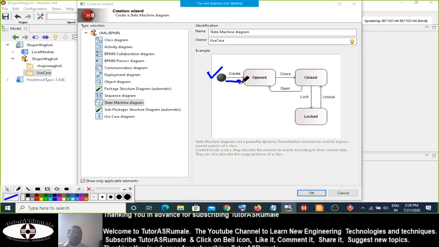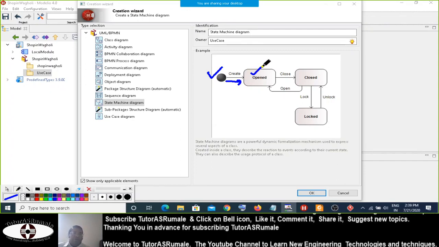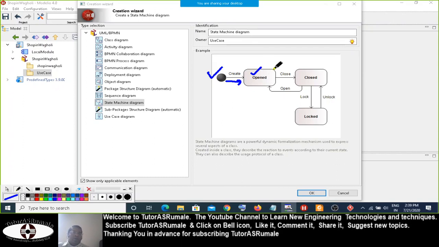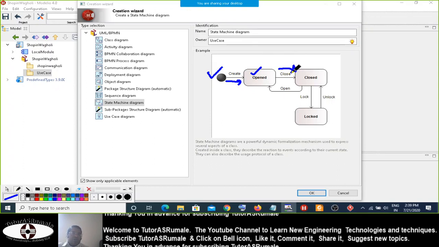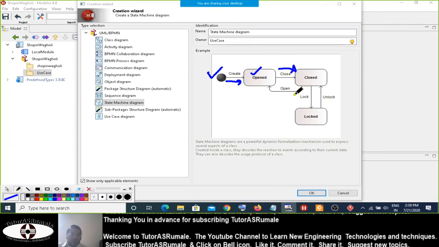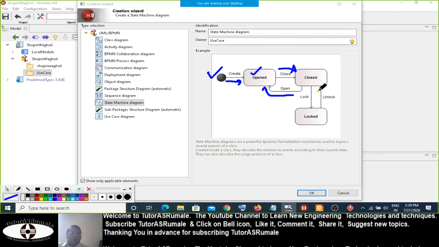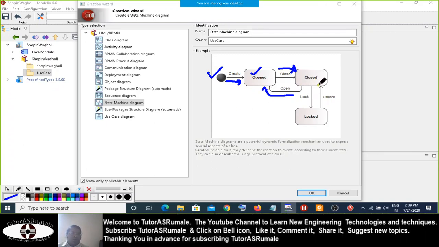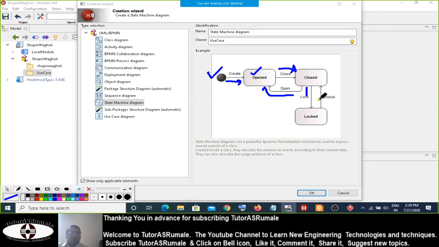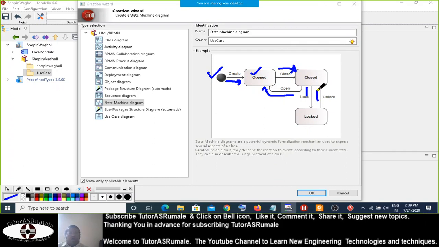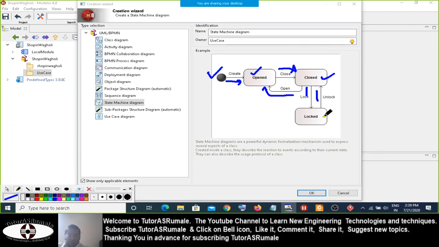So when you go on the create operation, you enter into a state open. This open state goes to the closed state with the close message. If it is closed, you can reopen it. If it is not closed, you can lock the things. And if it is locked, you can unlock the things. So you have three states here, and you are actually trying to show this.